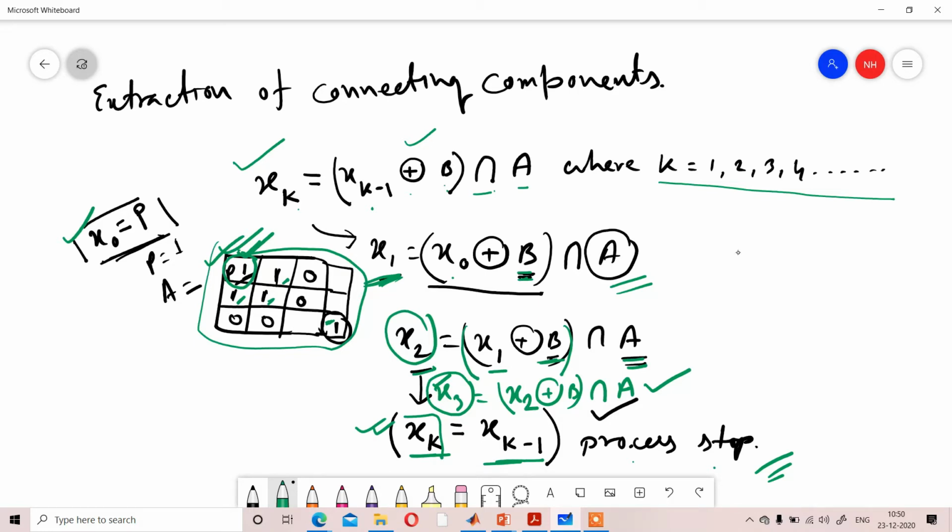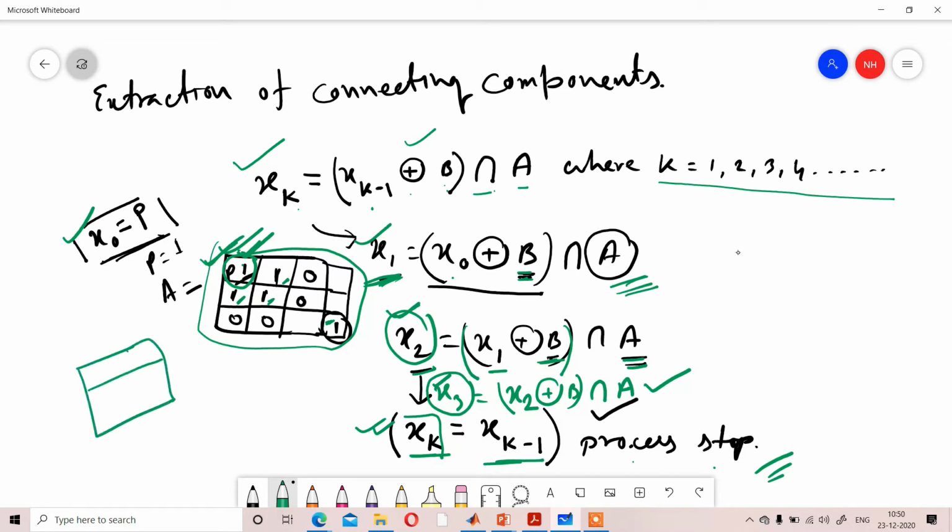x1, x2, x3 are all images. For that example, one pixel is also an image containing one pixel. So those are an image set. Over that image set, suppose considering the pixel P, you first dilate and then intersect with A, you get x2. You will get some points. Again in the same way you will get x3.